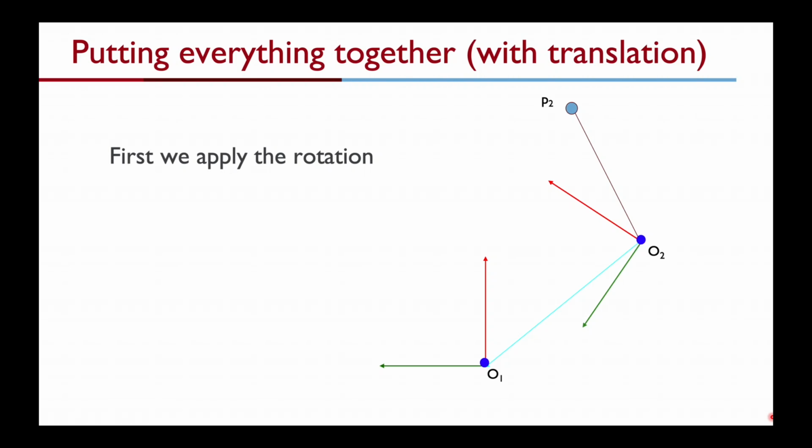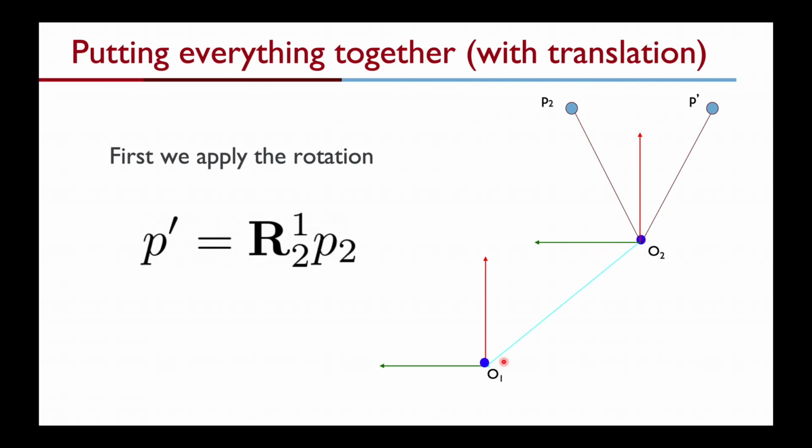Okay, so first we apply the rotation, where we have rotated our new frame of reference such that they hypothetically overlap with my original frame. I compute the position of this new point with respect to my new frame by multiplying it with the rotation matrix, and then I simply add the displacement distance between the origins. Okay, so P prime is my rotation matrix of frame 2 with respect to frame 1 times P2, which is the position of the